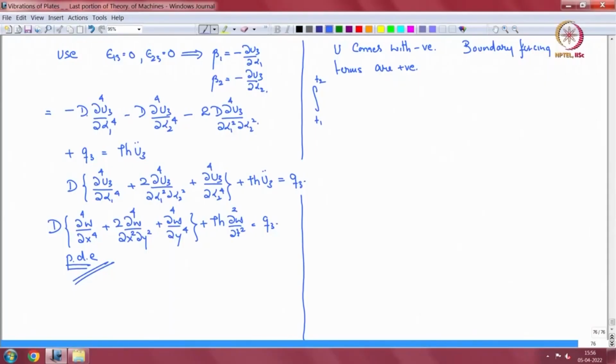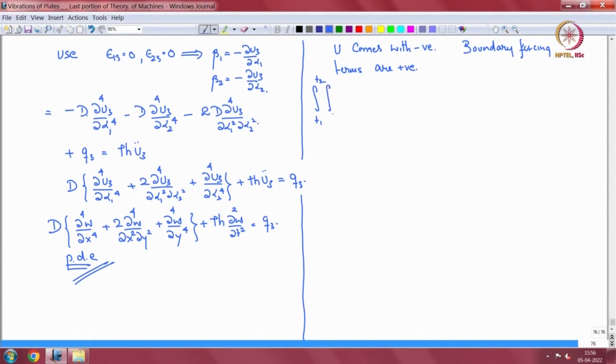Good morning and welcome to this next lecture on vibrations of plates and shells. Last time we completed the derivation of the partial differential equation and we moved on to the boundary conditions. So we were at this point. The boundary conditions look as follows: